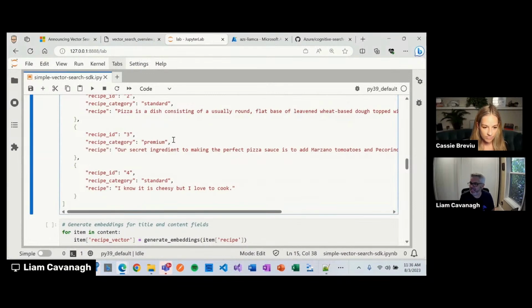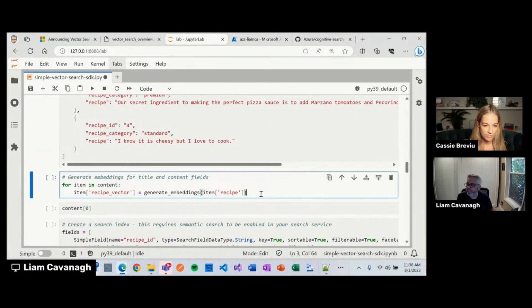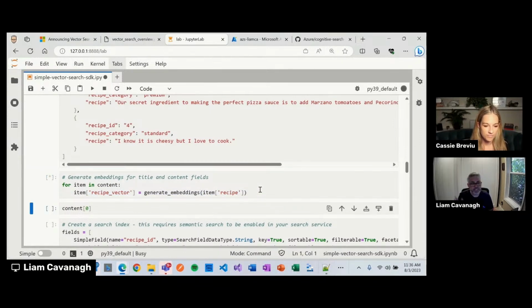So let me just take that JSON, and for every single item in that array, I'm just going to create an embedding, or a vector, for it. So it's going to run through each one and add that.